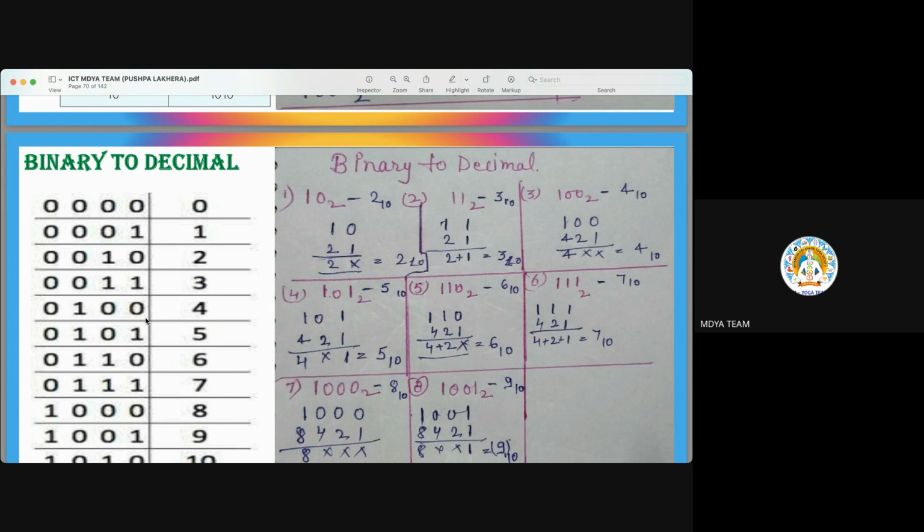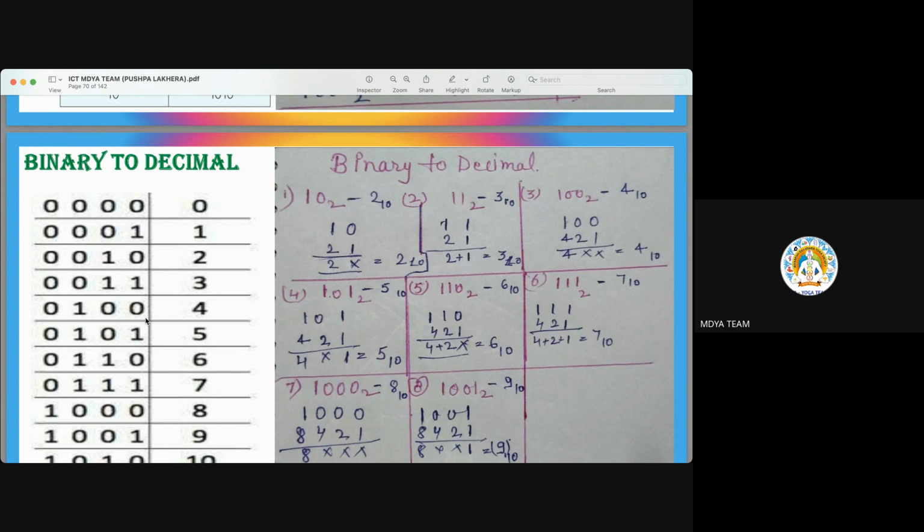The process is the same. The remainder in case of binary will be 0 and 1; we divide continuously till 0 and 1. In case of octal, the remainder will be up to 7. In case of hexadecimal, it will be up to